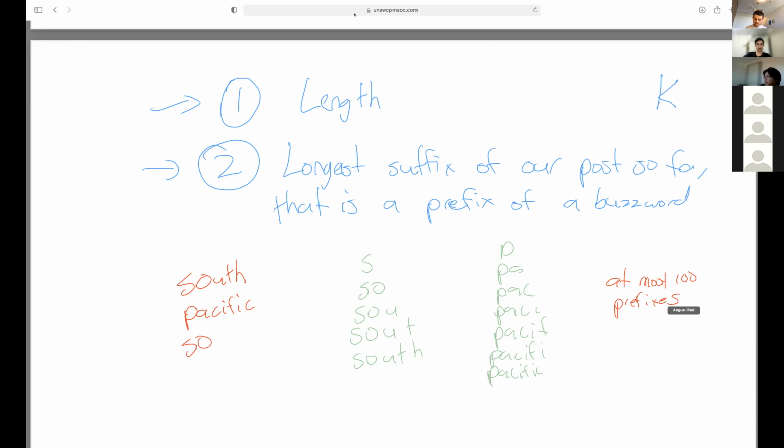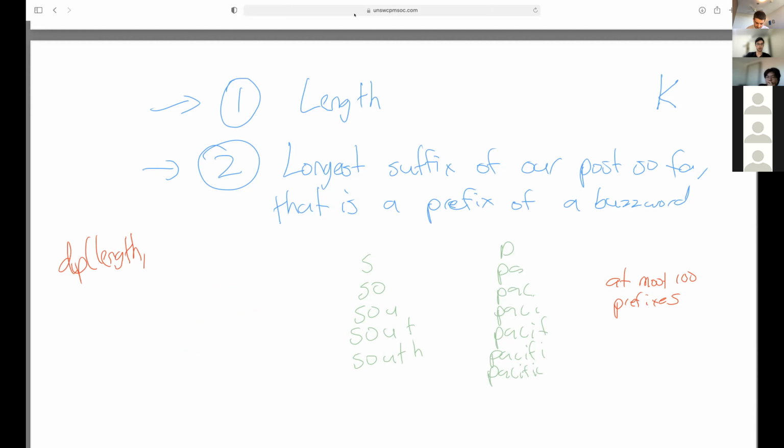To work out all of the prefixes, we could just use a for loop, add them one by one to some sort of array, and then remove duplicates. Then we have a list of all the possible prefixes of buzzwords. So our DP state is the length, and which one of these prefixes is a suffix of our post so far.